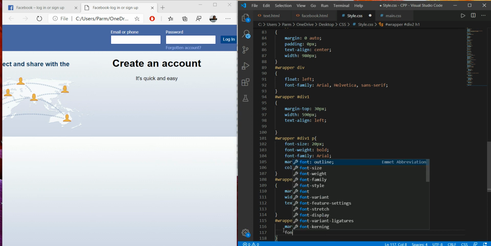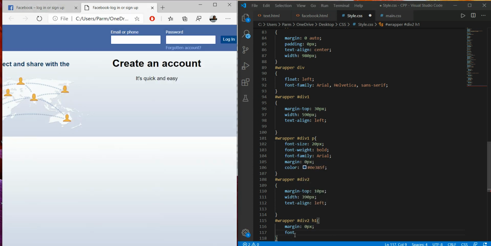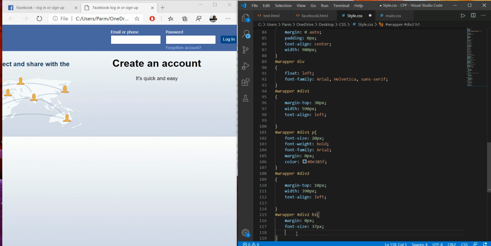Here I have to increase the font size. If we see over this, it's having larger font as compared to this, so we have to increase font size, and I'm setting it around 30 pixel, and I'm setting the color of this. It's a hash 2E2E2E.